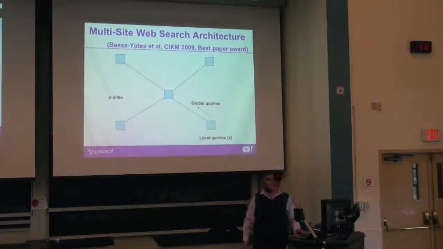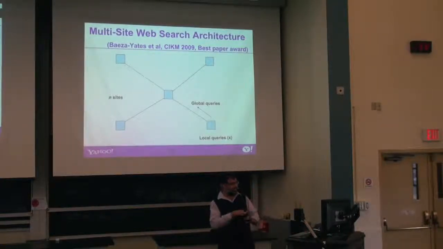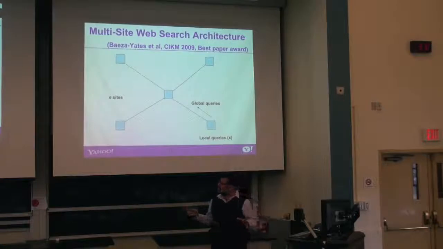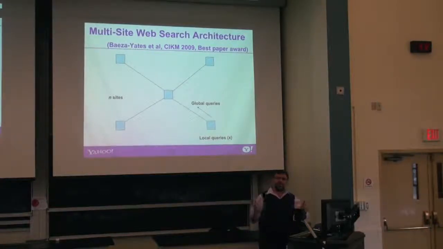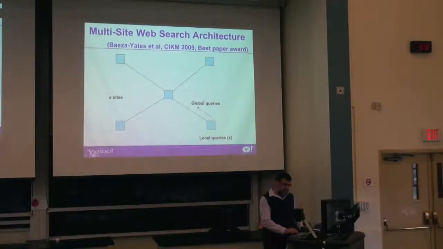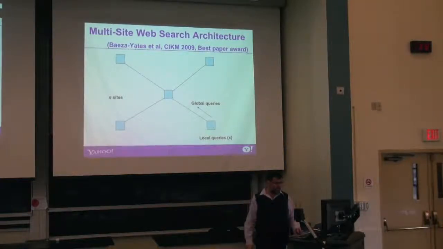And then we go to the architecture. Although we didn't do these things in this order, we were working in parallel on the architecture. So the architecture is logically very simple. You have a star topology where you put the most loaded center in the middle, and then you have logical links to all the rest. And the idea is the local queries will be answered locally, and then global queries will go to the rest of the architecture.